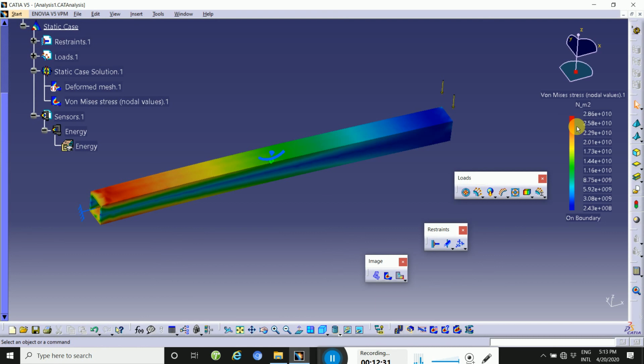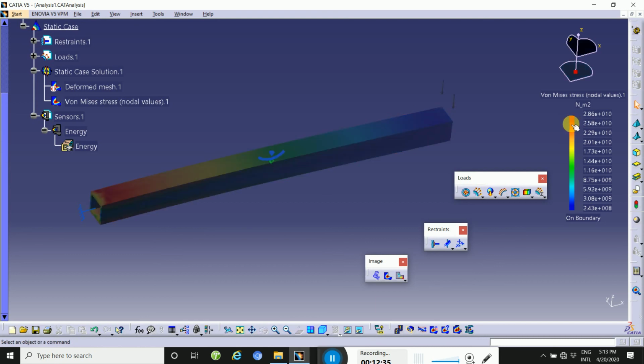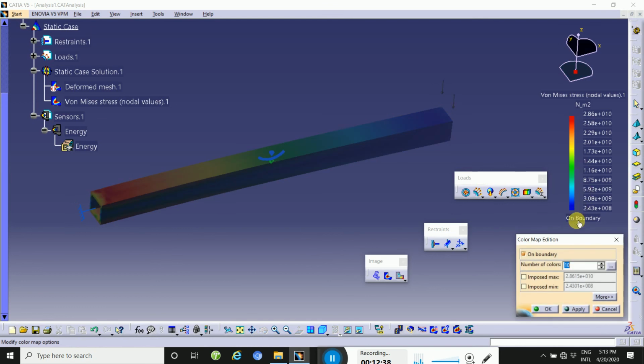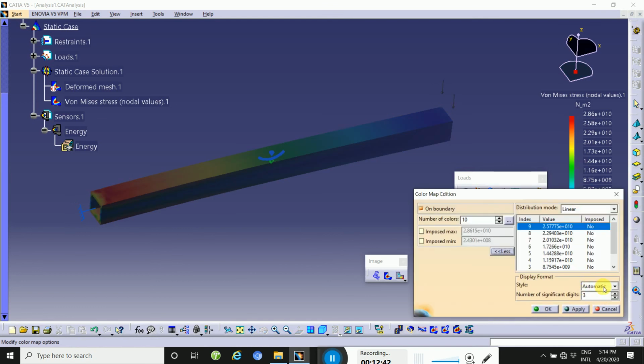For the color map edition, double click, then more, and then you can apply decimals, apply, then OK.